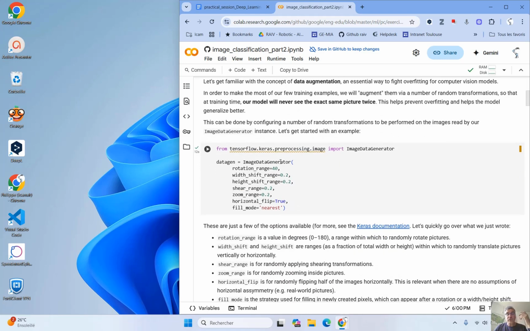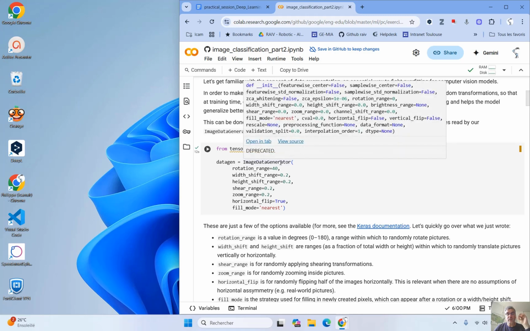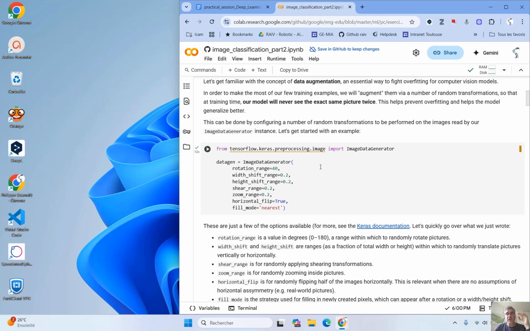Data augmentation consists in changing a bit each image from the dataset. So instead of giving always the same images during all the epochs, we will make some little changes to these images.